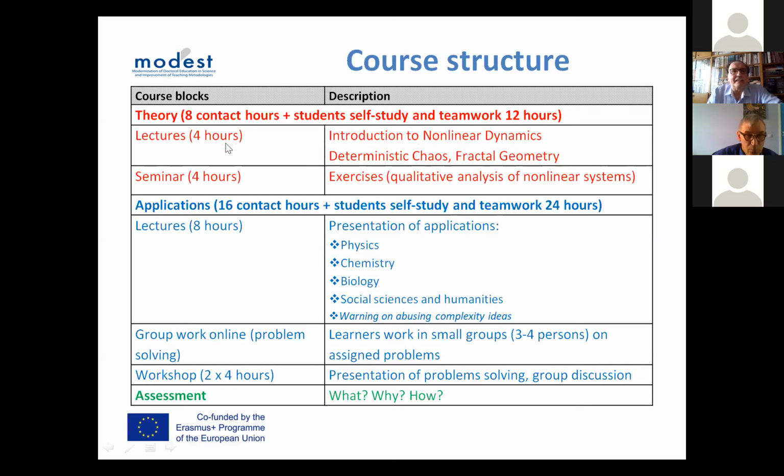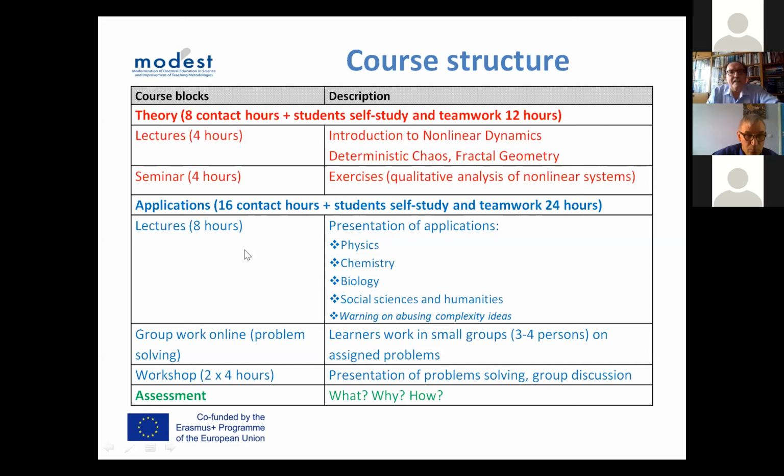For example, when I had courses of theoretical chemistry, I had just 4 hours of introduction to complexity in this course. And then a kind of seminar, that means qualitative analysis of nonlinear systems, and then students can also try to solve some simple problems. And then there would be another block. You see, in total 20 hours, but we can propose another block of 40 hours, 16 contact hours and 24